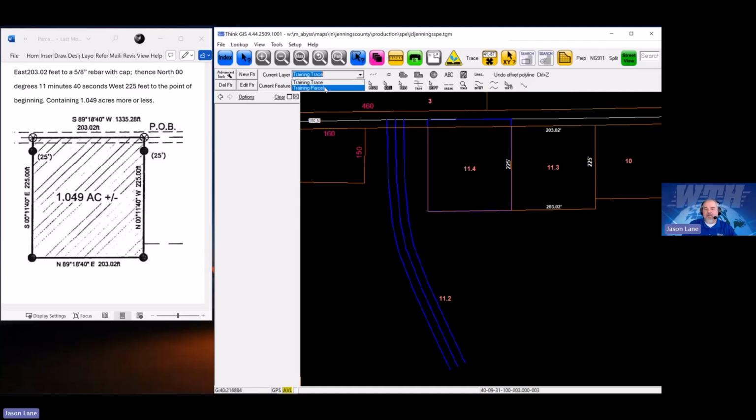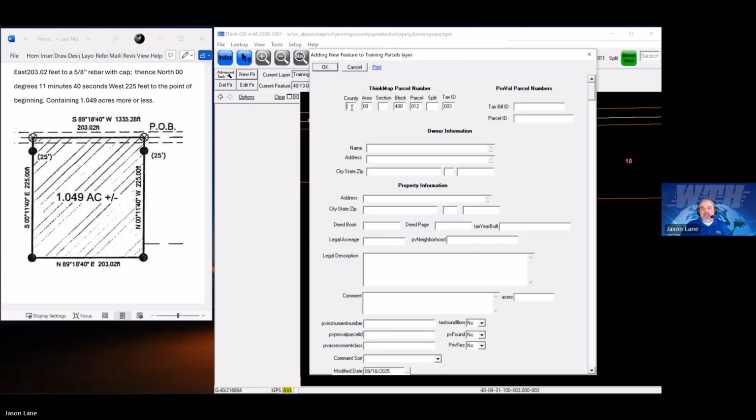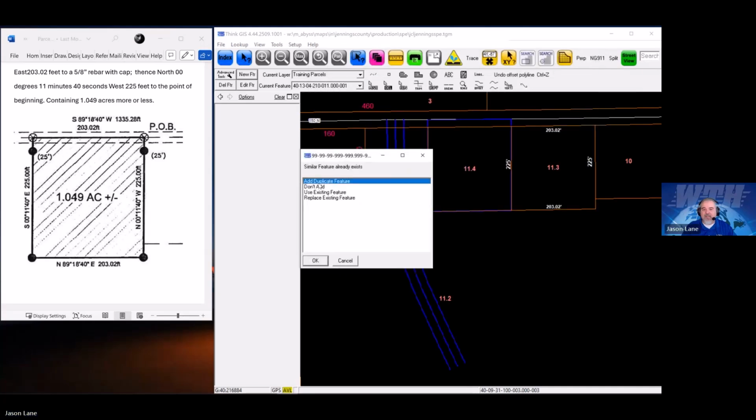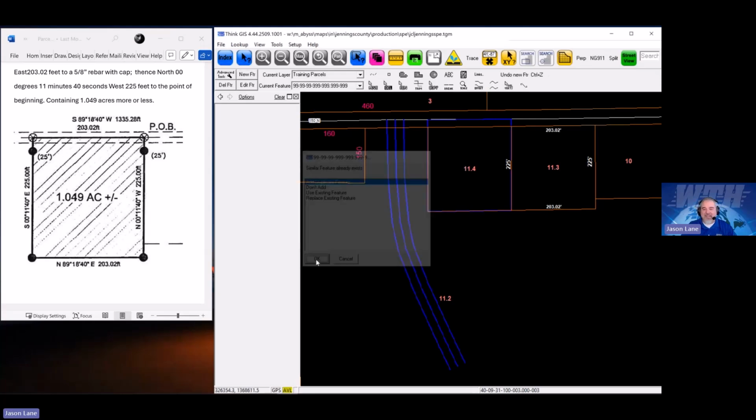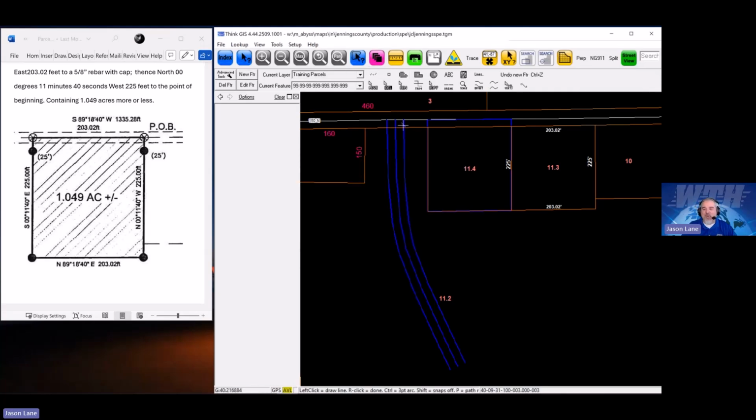But I could also switch it to parcels, new feature, and basically make a dummy parcel, like just make one up. And I'll just give it all 9s. Hit OK. And saying, oh, I've already done this at some point. Add a duplicate. So then I'll just hit draw area and trace my trace. And I'll just do this real fast because I know we are just about out of time. But if I just buzz through this,